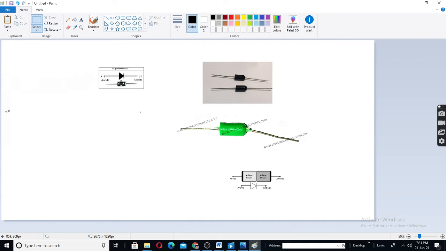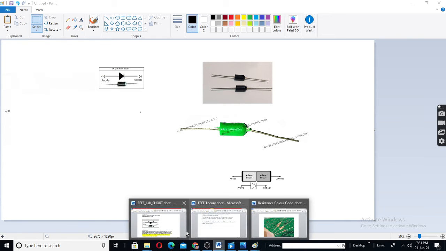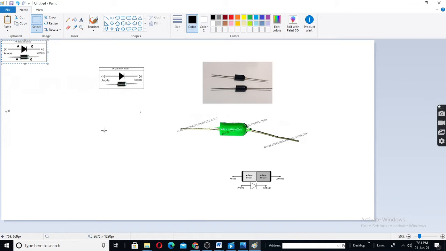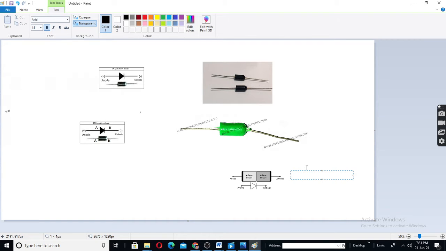So diode means this is the symbol. Okay, this is the symbol and this is the structure. See, this is the structure. Actually, it is like this: P type and N type, and here you have a metal contact or metal end terminal. Anode and cathode are connected.